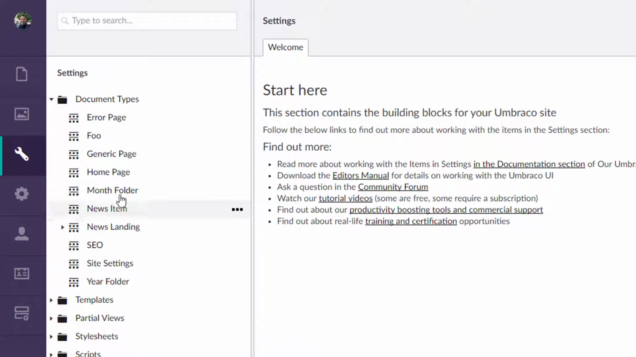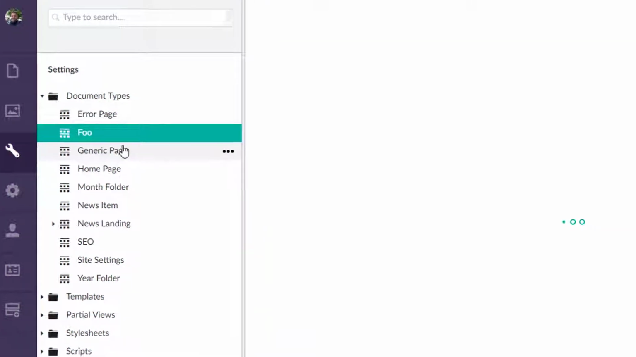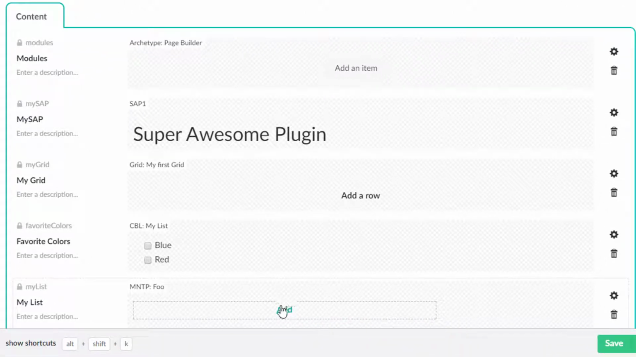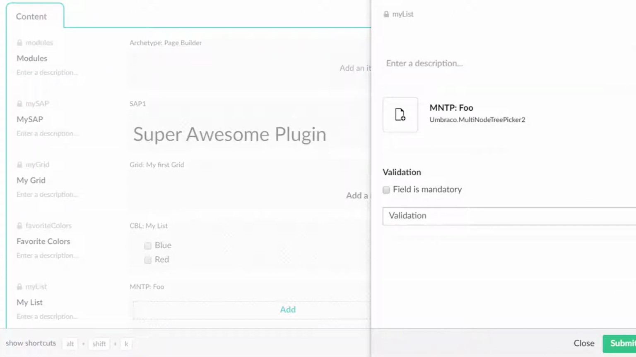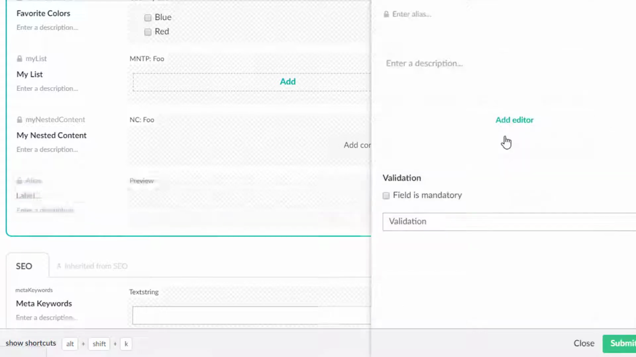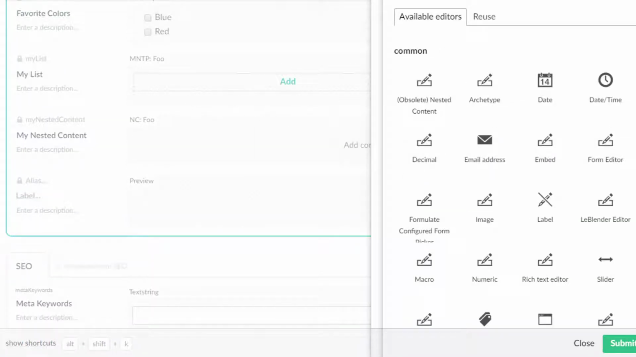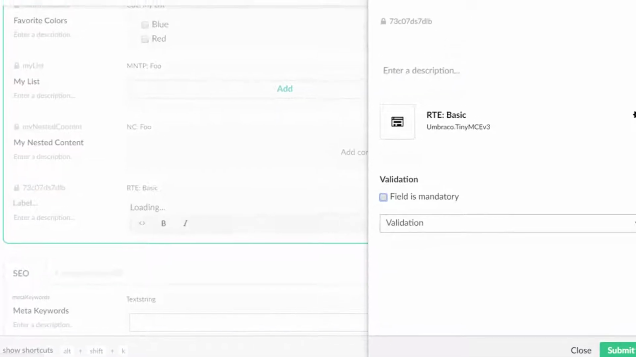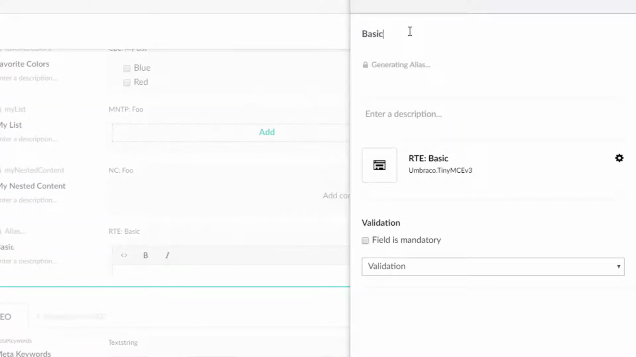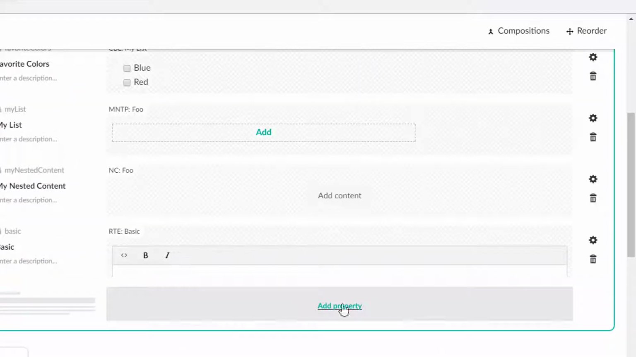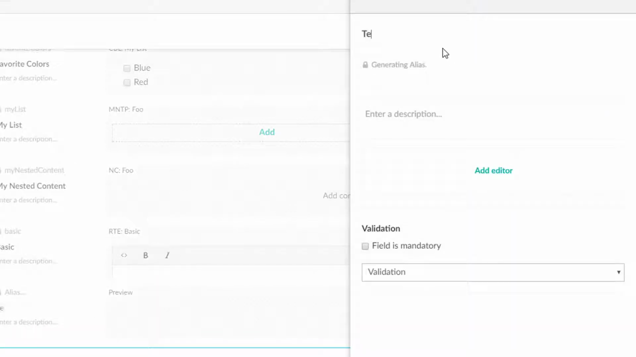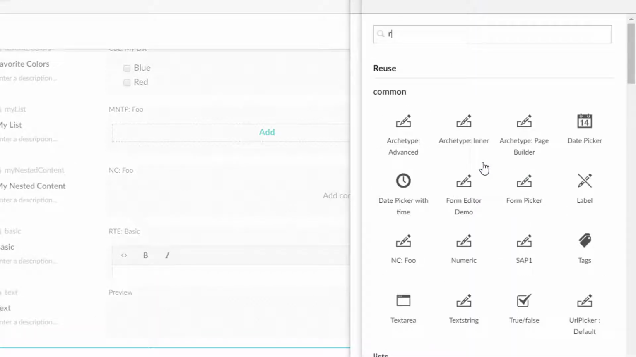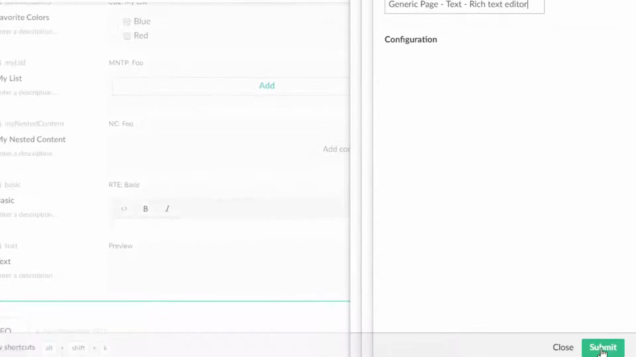So why not do it again? Let's go to generic page. Oops, I need to add a property. Let's go with basic on this one, and let's call this basic here too. And then let's contrast that against a regular old rich text editor. RTE. Bam. Submit,